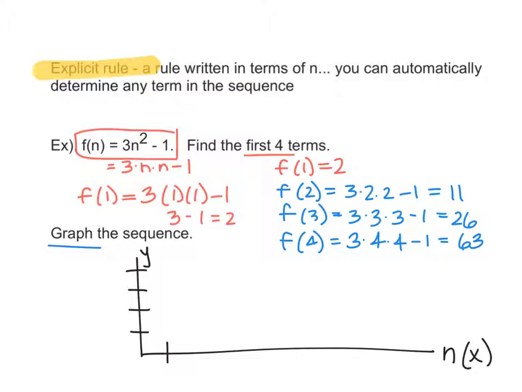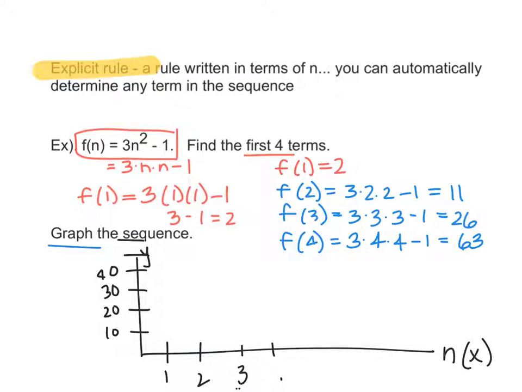If I count by, I'm going to count by tens just so I have enough room here. So the first one over here, 10, 20. In the ones you do today, you're already going to have the graph drawn for you, so that part's going to be easy. So 2,